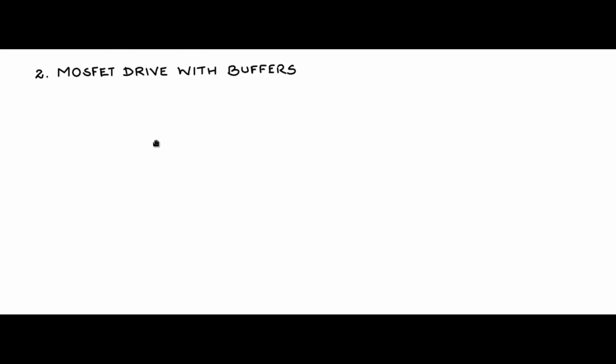Let us discuss another MOSFET gate drive, with buffers, CMOS buffers. This can improve the turn on and turn off speeds. Let us see the circuit. I have the MOSFET here. The drain is connected to the external circuit, and the drain current is what you need to control, to switch on and off. The source, as usual, is connected to the ground, the ground based gate drive. There is an internal body diode, and the gate is connected to the resistor, the 1 resistor gate drive.